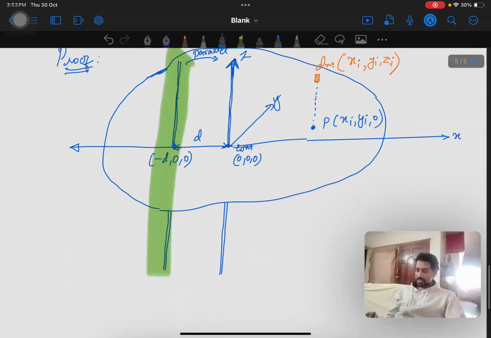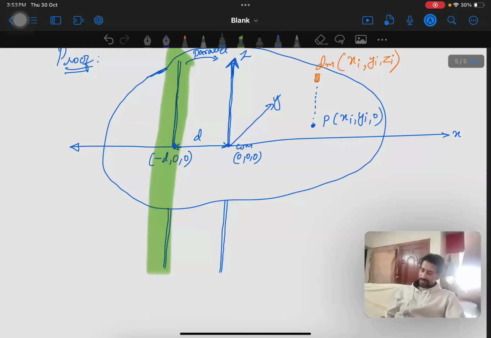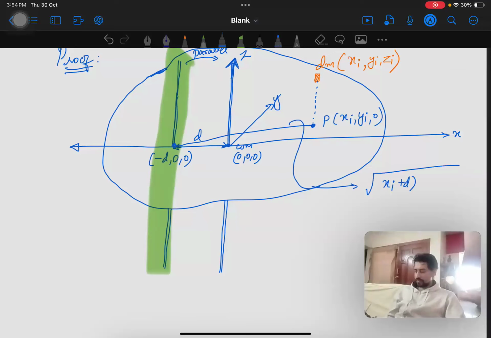So the distance between the axis and that point is nothing but this particular distance over here, this one. The distance formula says that this is equal to the square root of (xi plus d), the whole square,